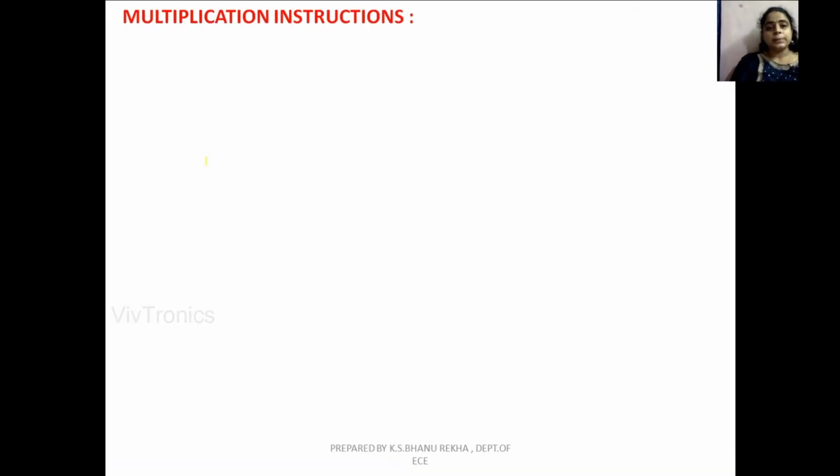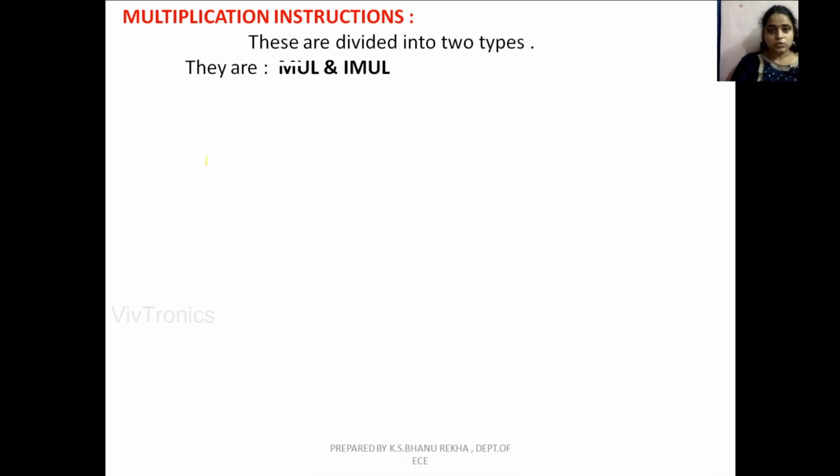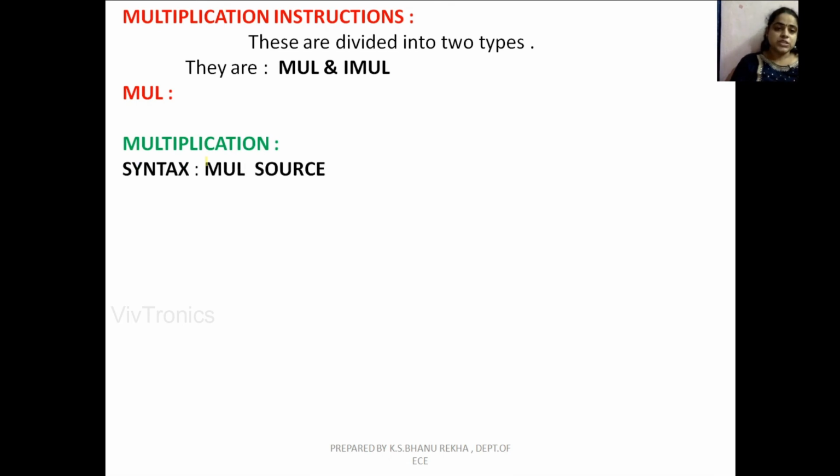Okay. And multiplication instructions, now we are going to see these are two instructions, those are mul and imul. So first one is mul. Mul stands for multiplication. The syntax of mul is mul space source. Okay, so source means what is the number that has to be multiplied, from where we have to get the source of multiplication. To what we have to multiply means the default one that we use in mul or div instructions is accumulator. If it is a 16-bit register, AX is the default accumulator. If it is 8-bit multiplication, AL is the default accumulator.